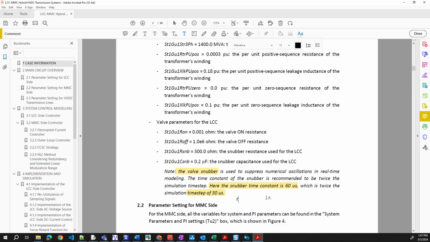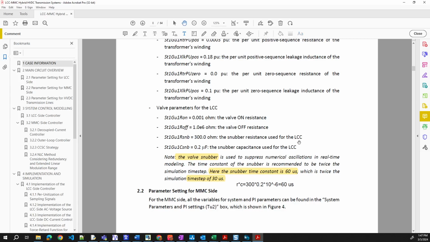R times C equals 0.2 times 10 to the power negative 6, giving 60 microseconds. Okay, this is how we get it, right?